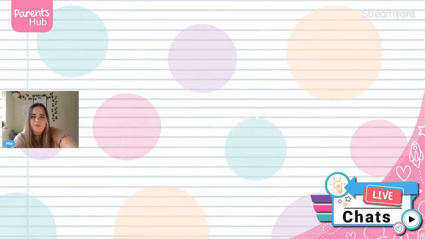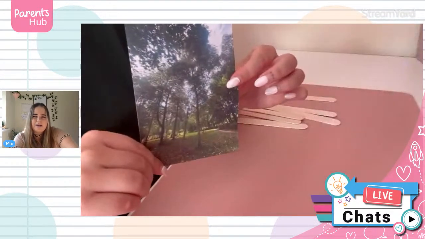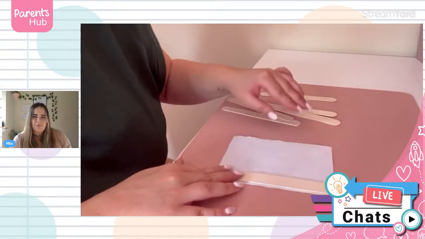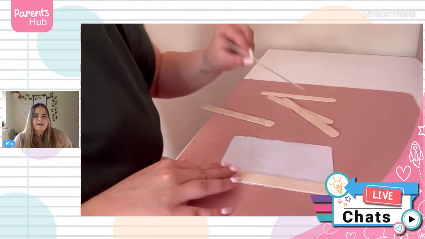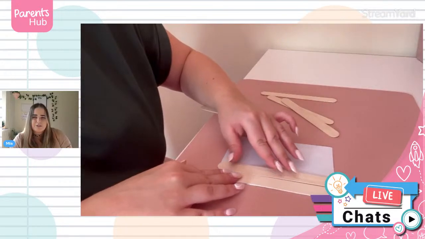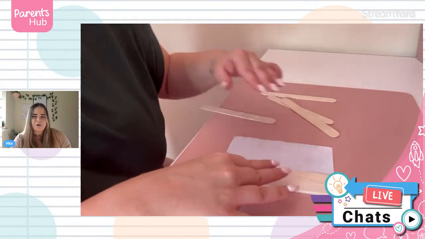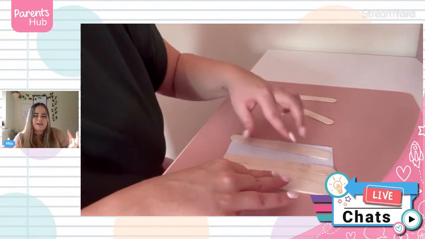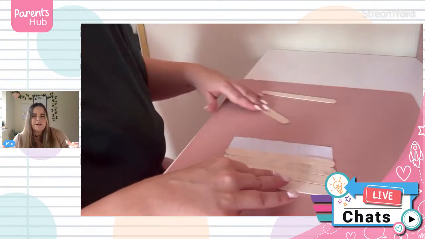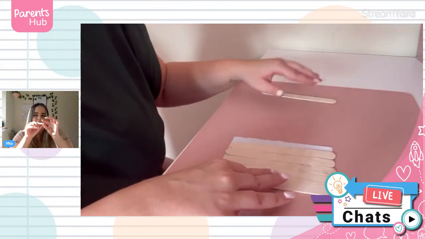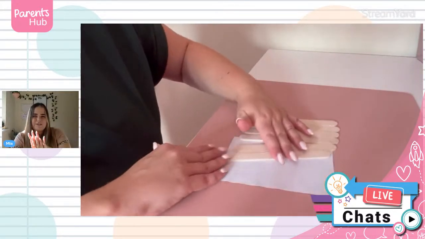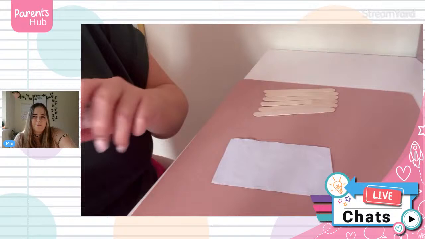So for making the puzzle, if I just pop this on here, when I was making the puzzle, I could have a photograph. This is something you could ask your child to do, and then I lined the lolly stick to see how many I would need. Now, the first barrier that I come across, which your child might come across, is you need to cut the image to the exact size of the lollipop stick. So it's really then seeing if you need to cut a bit of the image off, making sure you've still got the centre of your